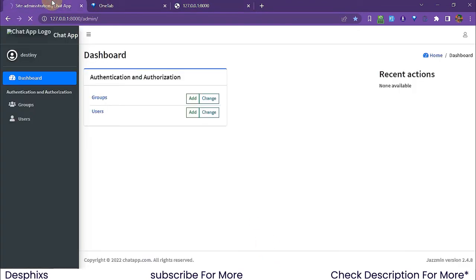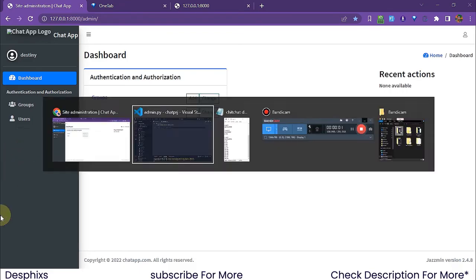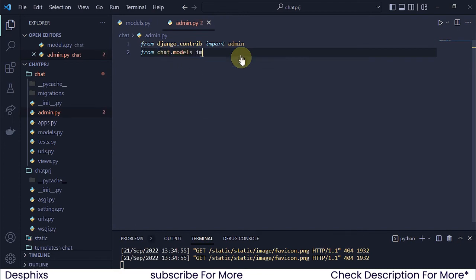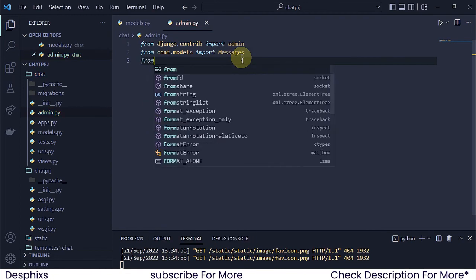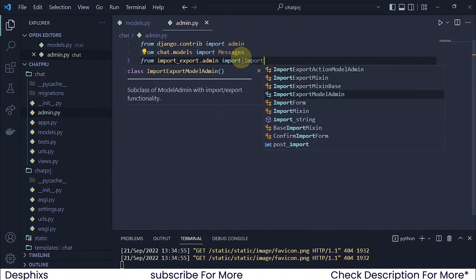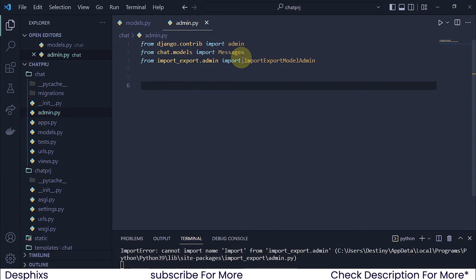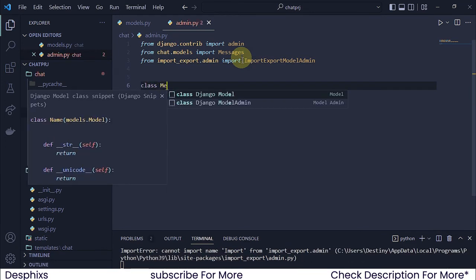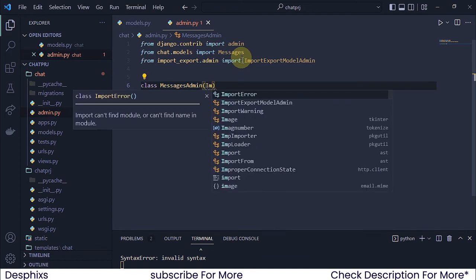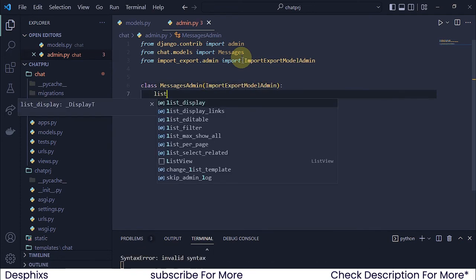Now come over to site admin, we refresh, everything still works fine, but we can't find the messages thing. Now in order to get it, we need to simply install it over here. So I'm going to say from, I think that's from chats.models, I want to simply import Messages, and I also want to import from import_export.admin, ImportExportModelAdmin. So you guys are going to see what this does. It's really amazing. I'm going to say class should be MessagesAdmin, and over here we could just say I'm going to pass in the import export thing that I got. This is it over here, and we could just say list_display,